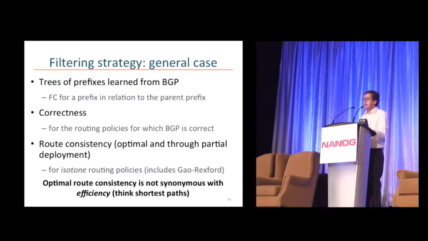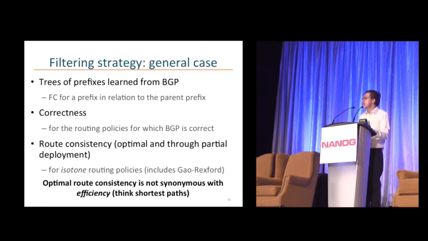Okay. Now, we don't have just two prefixes in the internet. In fact, we have more than 500K prefixes in the internet. These prefixes are logically organized in trees, where the provider-independent prefixes are at the roots of those trees. The filtering code applies between a prefix and the parent prefix in the tree. The parent of a prefix P is the more specific prefix that is less specific than P.